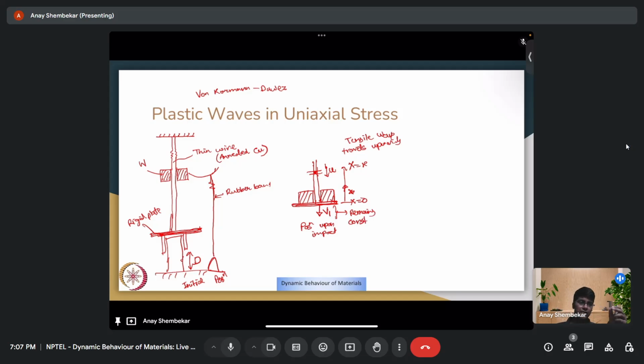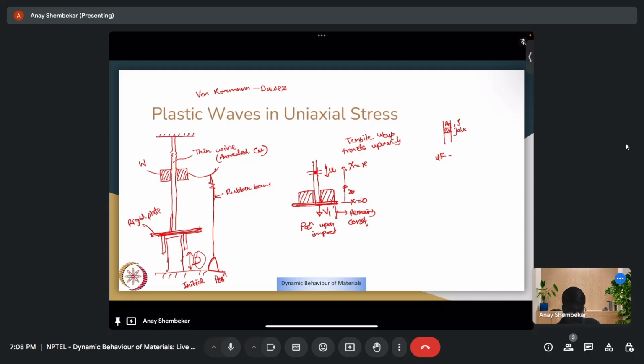So to justify this assumption, typically the weight is sufficiently heavy, and the rubber band or the accelerator, the rubber band or the spring, is strong enough to quickly impart it with a high velocity, and because of its massive inertia, it just drops on the rigid plate and then traverses this whole distance D. So this v1 is the velocity at x equal to 0, and if we quickly consider a thin cross section with an area A naught and density rho, this thickness is dx. Then using Newton's second law of motion, what we find is